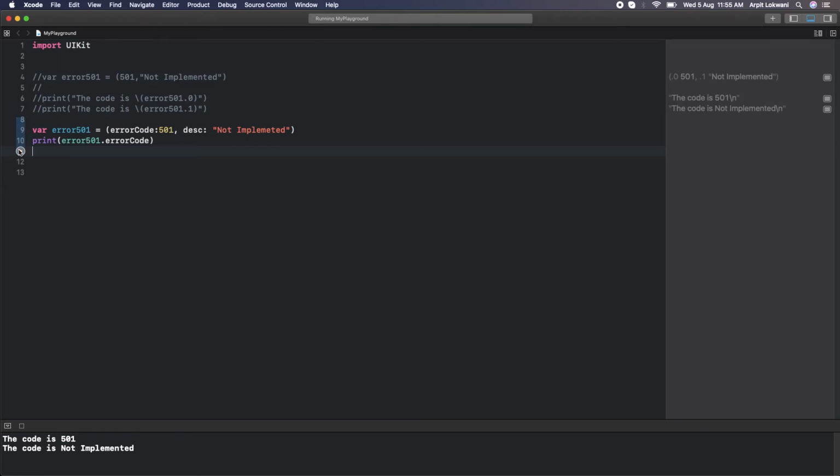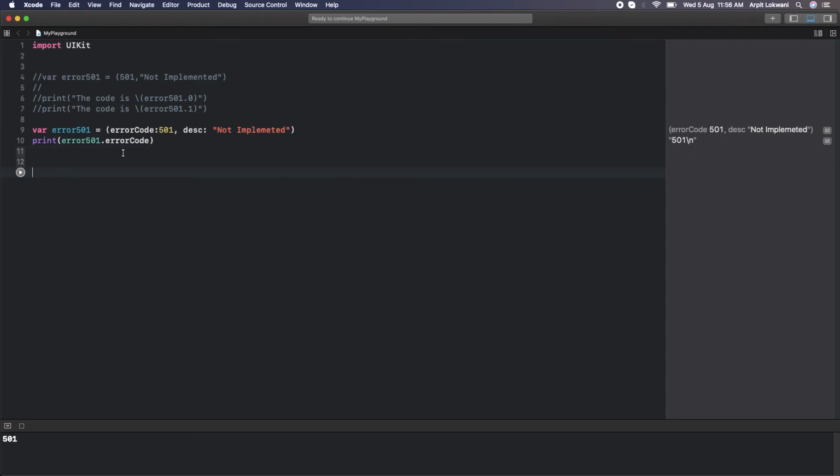Yeah, let's see. Like this also you can return the values. So let me try with that. Guys, it depends on your call. This is the basic syntax, and you can pass multiple arguments, a single argument, or whatever you need. So it's 501. Similarly for description also you can set it. Fine, the description should come, one second. Yeah, so "not implemented".